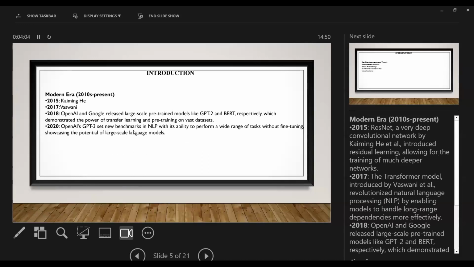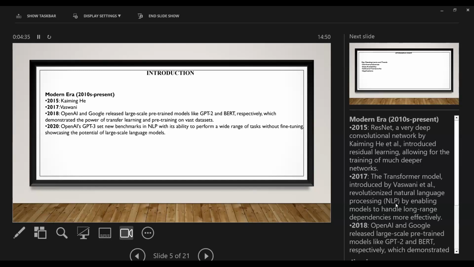You can just navigate from the bottom and continue. So in the modern era, from 2010 to the present, there is the very deep convolutional network, where Kaiming He introduced residual learning, allowing for the training of much deeper networks. In 2017, the transformer model introduced by Vaswani revolutionized natural language processing by enabling models to handle long-range dependencies more effectively.